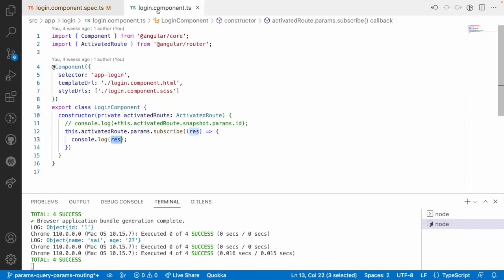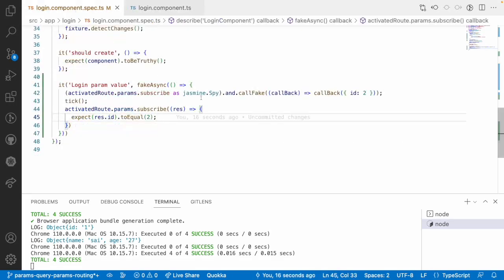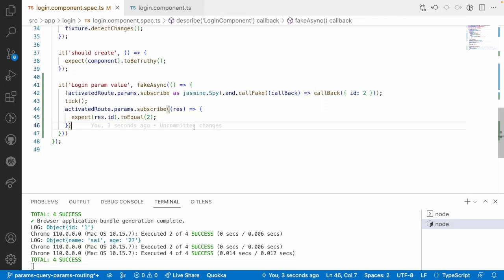If you see this login component, it is also doing the same stuff. That means we have successfully passed our activated route logic. And now let me save this. In the same way, we need to check our query params for our register component. Let me go to